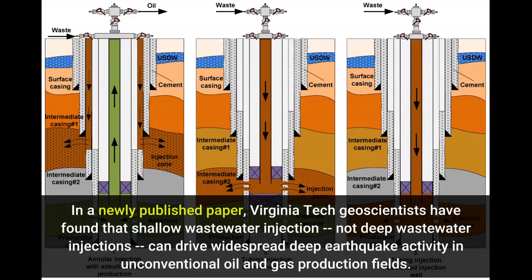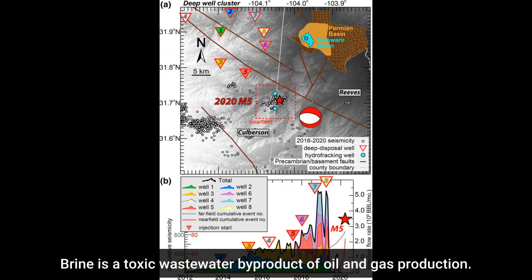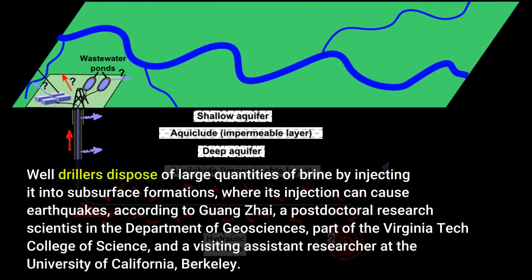In a newly published paper, Virginia Tech geoscientists have found that shallow wastewater injection, not deep wastewater injection, can drive widespread deep earthquake activity in unconventional oil and gas production fields. Brine is a toxic wastewater byproduct of oil and gas production. Well drillers dispose of large quantities of brine by injecting it into subsurface formations, where its injection can cause earthquakes,